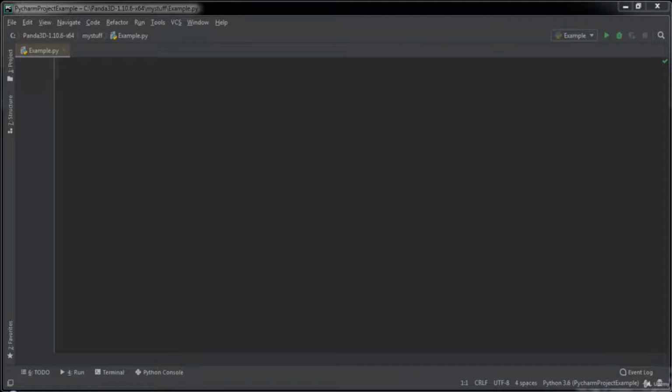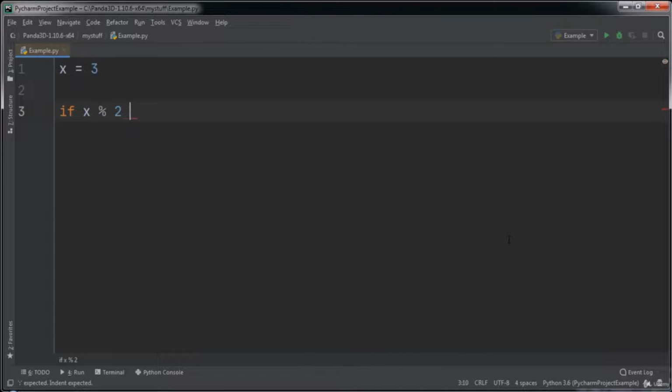One of the most common uses of the modulus operator is to check if a number is even or odd. For example, you may see a program use an if statement to check if a number modulus 2 is equal to 0. Say we have a variable named x, set to a value of 3. Then we will use an if statement to check if x modulus 2 equals 0. If that is the case, we know that x is even, since 2 was evenly divided into it without a